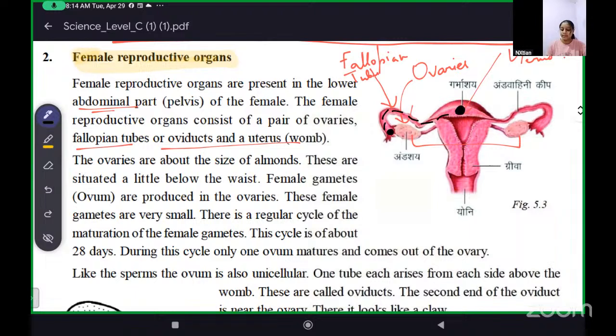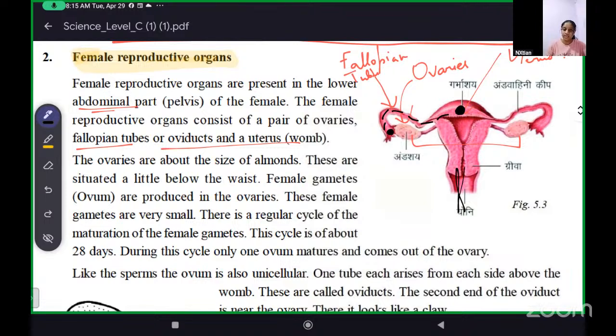If during that period the fertilization takes place, then the zygote is formed here only in the uterus. Now, fertilization will take place how? The male gametes, the male reproductive organ, when it joins together with this female reproductive organ, then